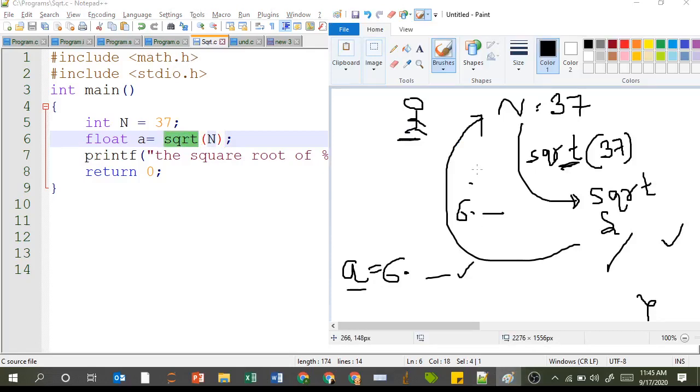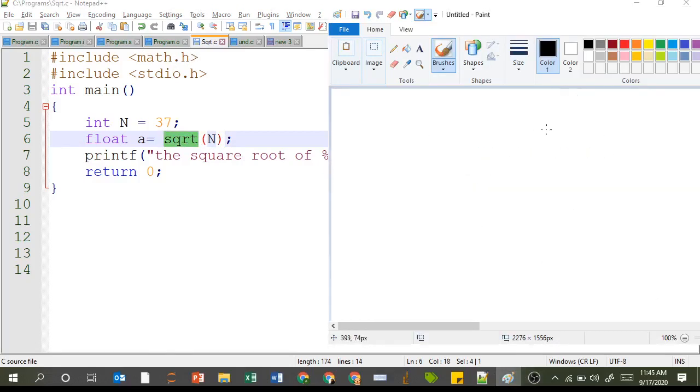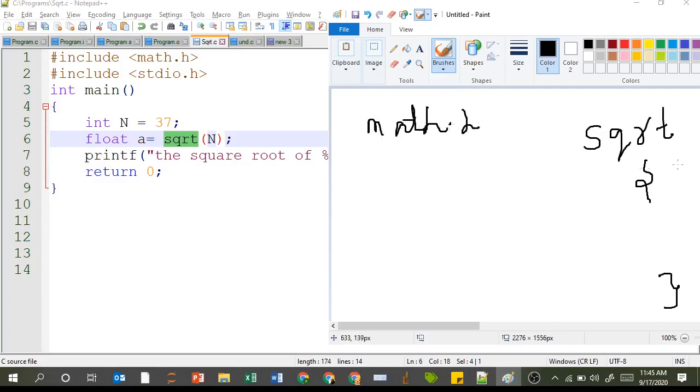Now there are two terms involved. First, there is the sqrt function which is already defined somewhere. So the code, the functionality is written somewhere, okay? And I'm saying whenever your compiler encounters sqrt, it will look for math.h. So there is a relationship between math.h and sqrt. The math.h header file basically stores some information about sqrt.